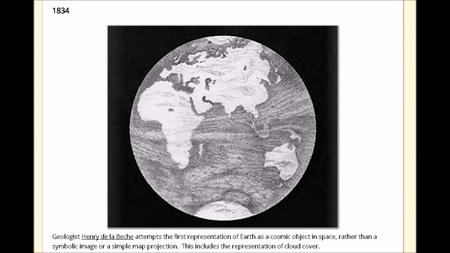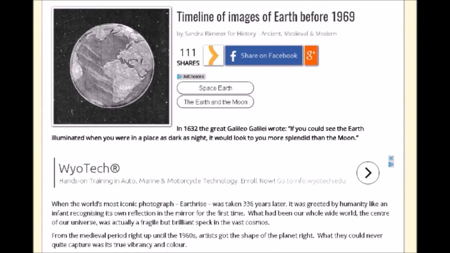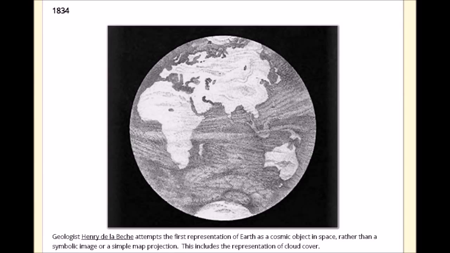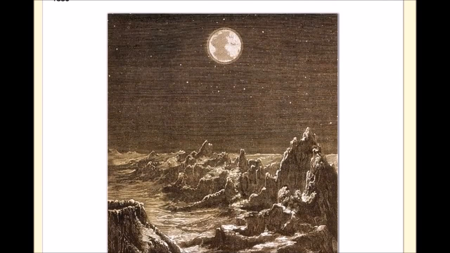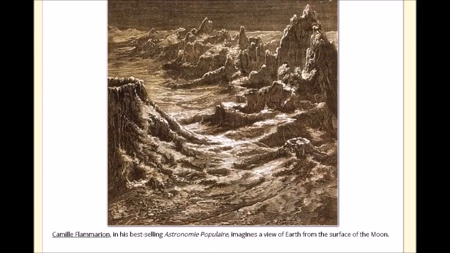I stumbled upon this webpage that I was going to use in the video, but there are two images in particular that I wanted to dissect, so I figured I would just make a quick video about this. And the title of the page is The Timeline of Images of Earth Before 1969, and it is very interesting. When you scroll through, darn, that looks pretty good. It looks like the stuff that NASA uses, so they probably just took his 1834 image and turned that into the blue marble. And then in 1880, we have this image of the Earth. This is actually the Earthrise from the moon. And it's so interesting how they programmed this stuff in the 1880s, and then